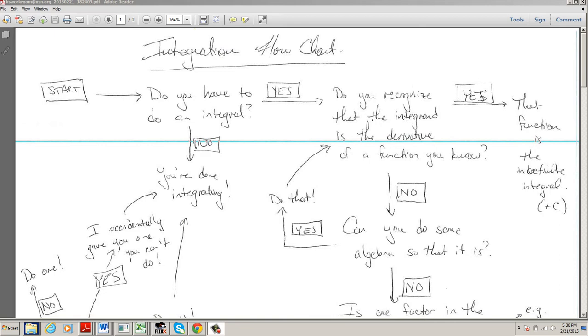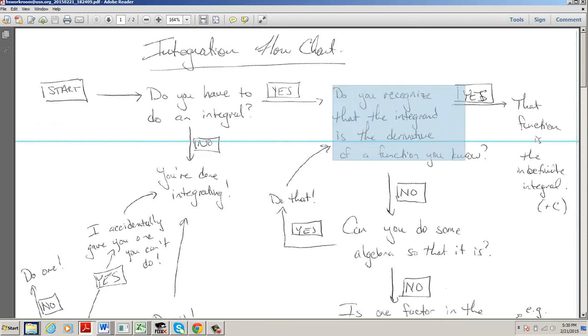Think about, or maybe even make a list of the techniques of integration. Think about which are the easiest for you, and then start with the easiest and then work up to the hardest. Okay, so the first thing I check is, do I recognize that the integrand is the derivative of some